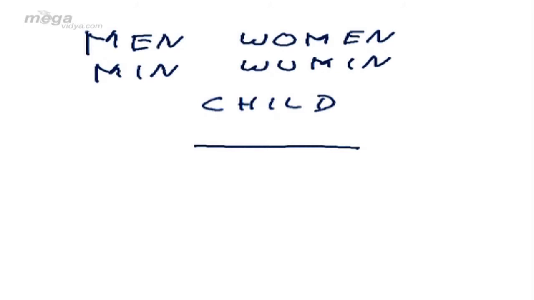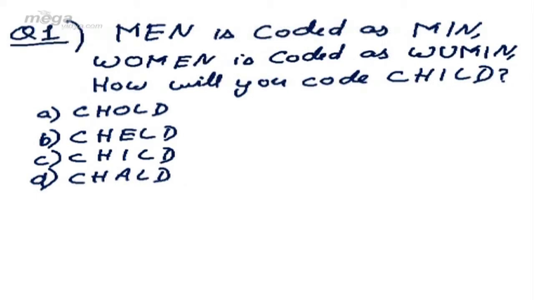A layman will try and solve it like this: the first and the third remain the same. Even in woman, the first, third and fifth remain the same. So a layman will try to keep the first, third and fifth the same, and there should be a few changes in the second and fourth. If we go by our answer choices, we see that the C choice has the first letter C, the third is I, and the fifth is D. We'll try to give C as the answer, which is not a correct choice.